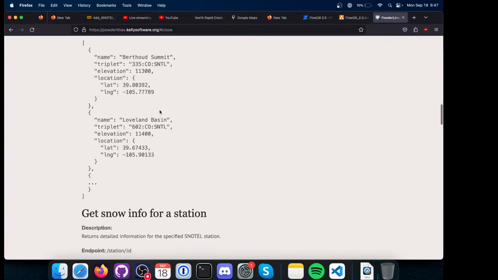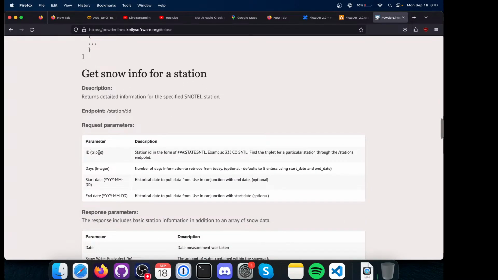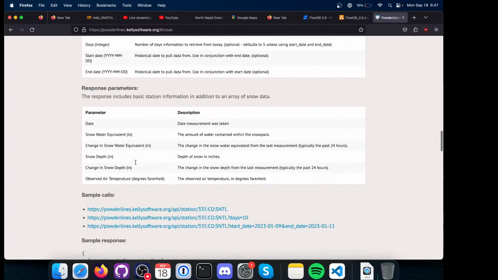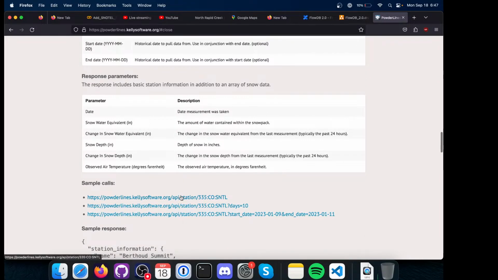So, get snow info for a station. This API is actually pretty easy. We're going to use this URL as a sample,